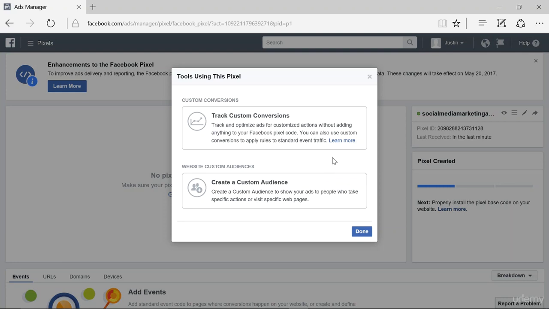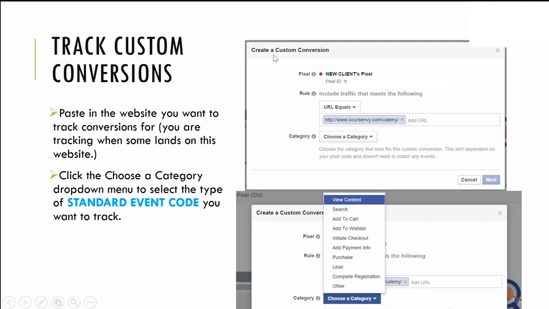So click that Track Custom Conversions link. So this is the first pop-up that'll appear. Here's your named pixel, URL equals. So paste in the website you want to track conversions for. So remember, you're tracking when someone lands on this website. That's a conversion. So once you type that in or paste in that URL, click on the Choose a Category